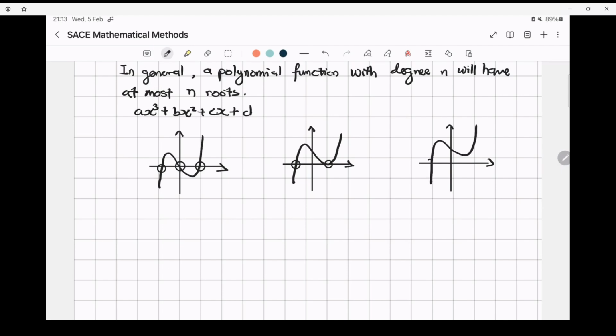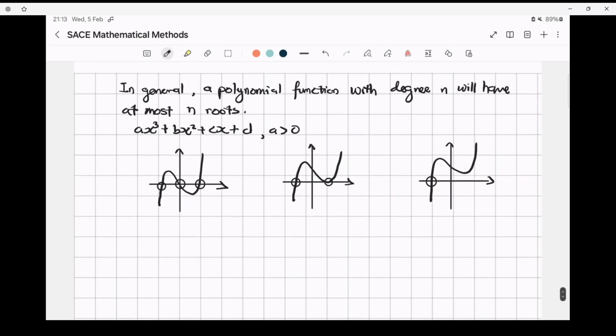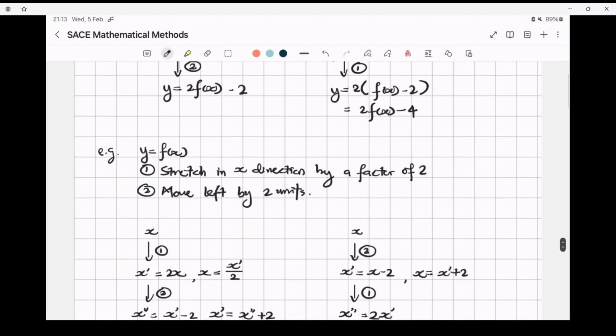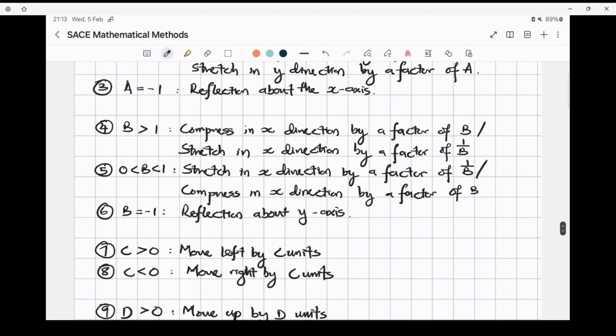So this will be intersecting at 1 point. So of course this is a greater than 0. You can also have a smaller than 0. The reason why I don't really show what happens when a is smaller than 0 is because you can simply just apply your function transformation,